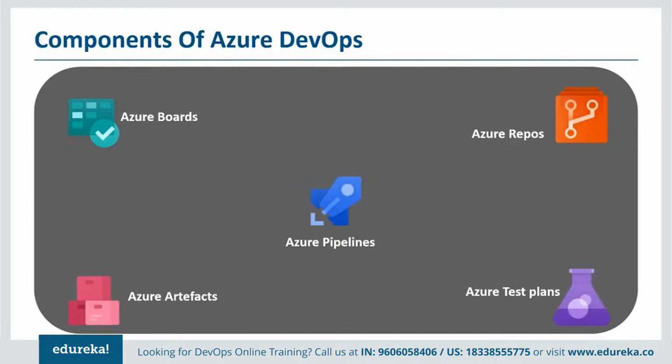Number two is, of course, after you have done all the planning, after you have created all the epics, all the features, all the stories, tasks, and everything, second thing you want to do is development. For example, you start doing development in TFS, you start doing development in Eclipse. Any IDE that you want to use, you can do the development. Once you are done with the development, now you want to push all this into a source control. Now, this is where Azure Repos will come in and it will help you store all the information.